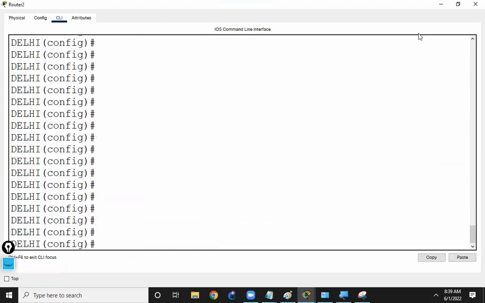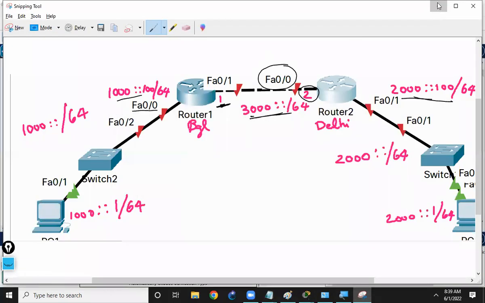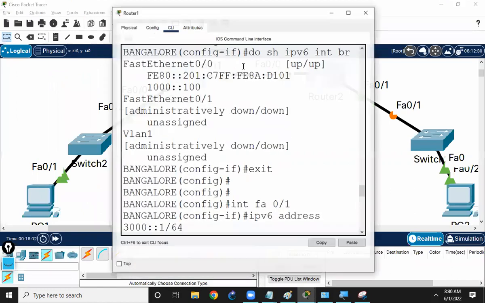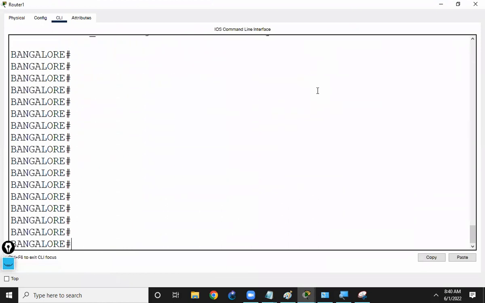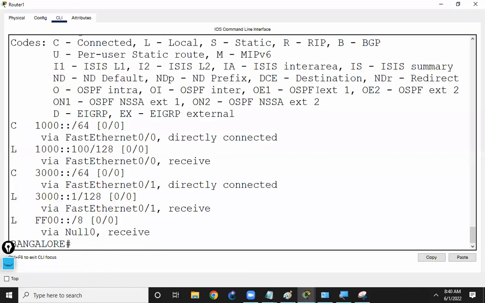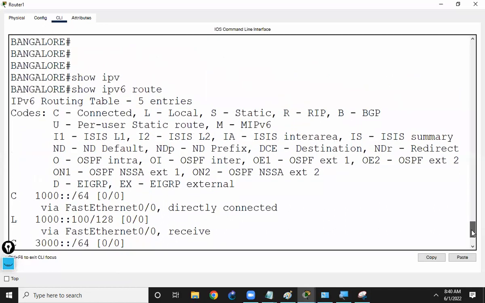even here the routers maintain the routing table. To view the routing table, we'll go to the privilege mode and mention the command show ipv6 route. The command show ip route will not work because it shows the v4 routing table only. So with show ipv6 route, here you can see the IPv6 routing table,